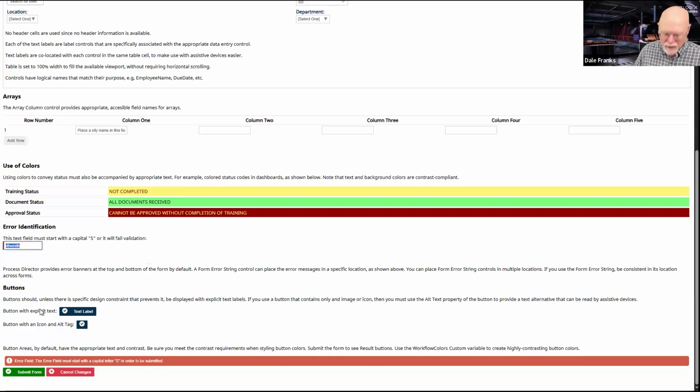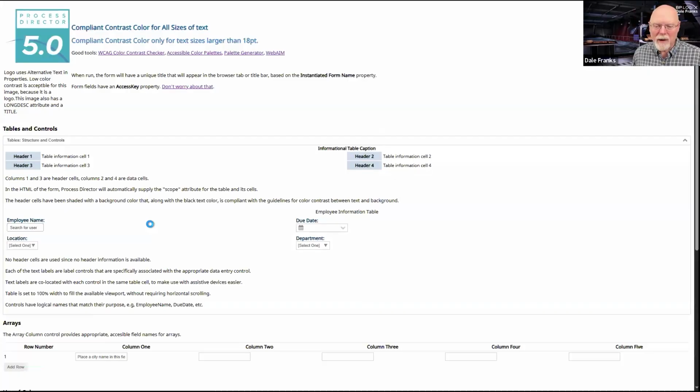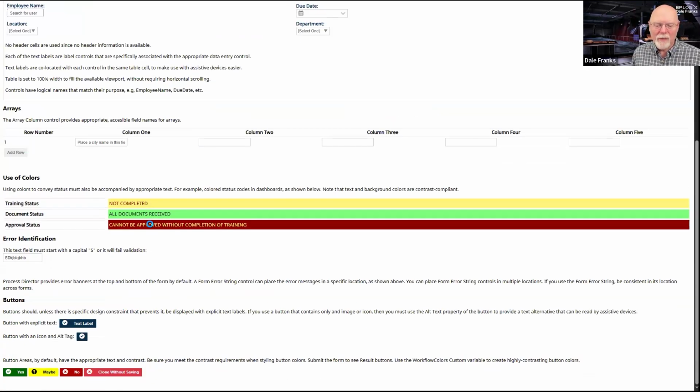So if I did want to resolve this, I would at least have to start with a capital letter S, and then it would allow me to submit my form. There we go. My form has been submitted, and I am now in a task on this form. I passed it.